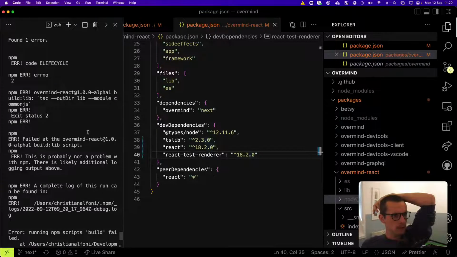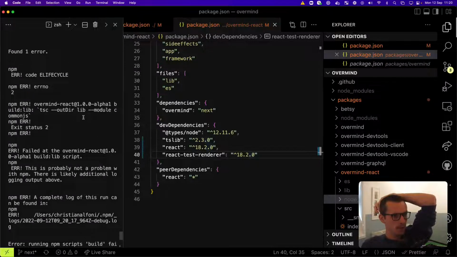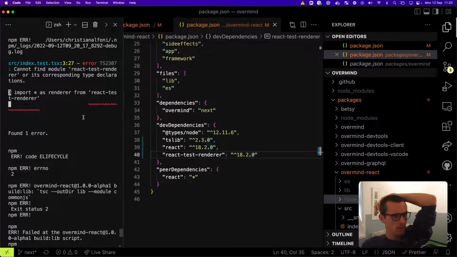Is this in Overmind React? Cannot find module. Damn it. I think we have an issue because